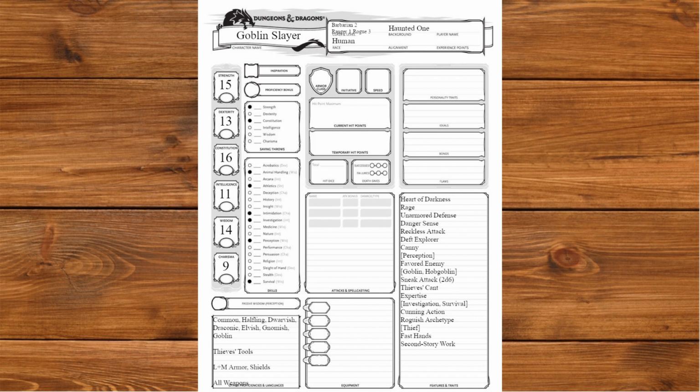We'll get Fast Hands and Second Story Work, and at level 4 we get an ability score increase, which we'll put into Strength and Dexterity for more damage and AC. At level 5 we'll get Uncanny Dodge, and at level 6 we'll get more Expertise, which we'll put into Athletics and Intimidation. At level 7 we'll get Evasion, and at level 8 we'll get another ability score increase, which we'll put into Constitution. At level 9 we'll get Supreme Sneak, which should help mitigate our armor, and at level 10